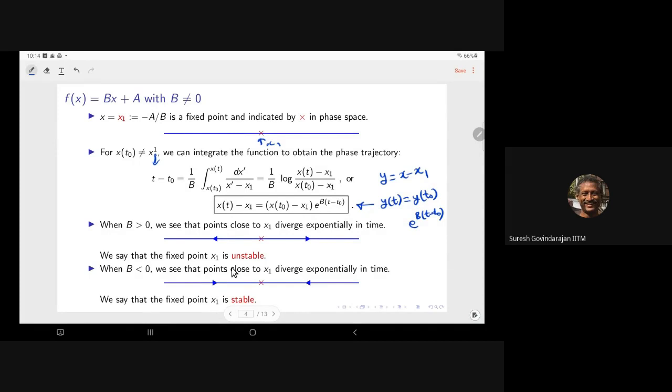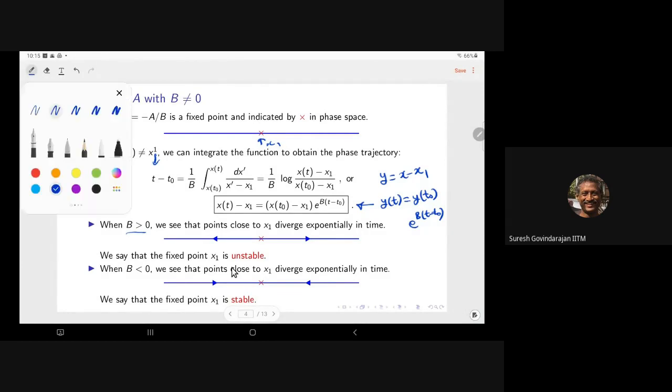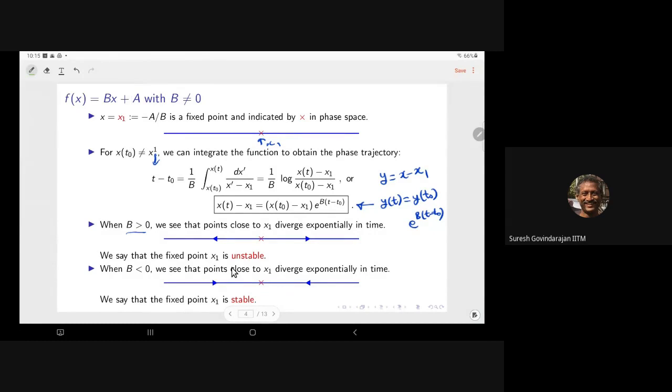But if you look here, what we see is that there is an exponential dependence on time, right? E power b times t bar. So what happens if b is greater than 0? Let's try a different color now. Suppose you pick a point here, and b is positive. At t equal to t naught, we were at this green point, and you can see that